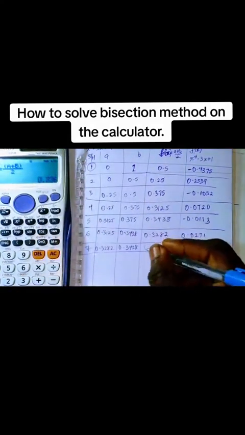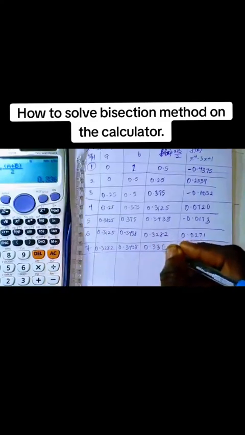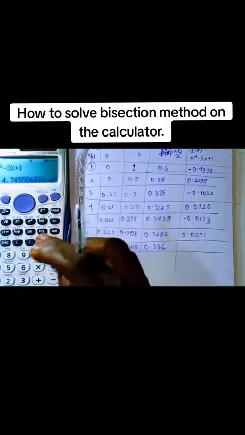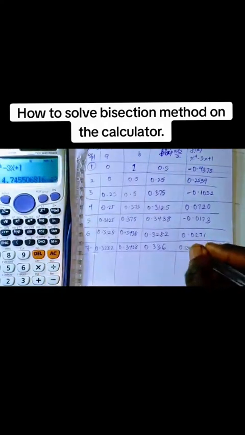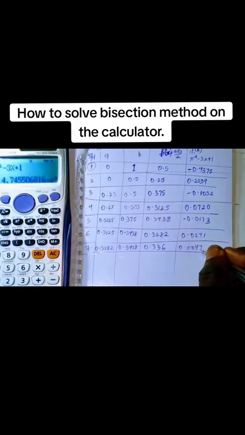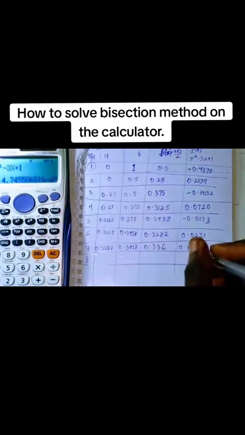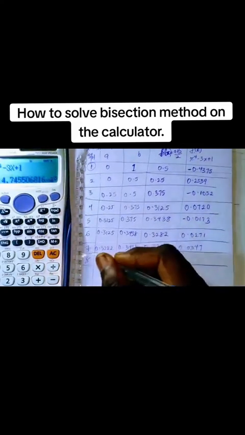Then ask me what's the next value, that is 0.3438, which is equal to 0.336. Ask me what's the next value again. It's now 0.0047. Okay, let's stop here. And then the next value again, if you want to continue iteration, this one is positive, bring this one here to the positive side,